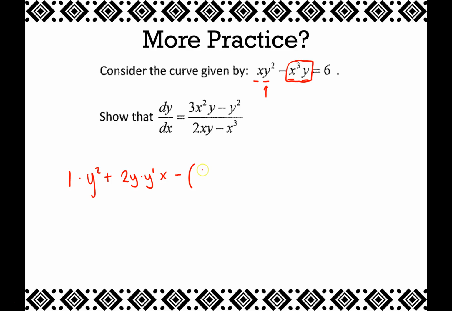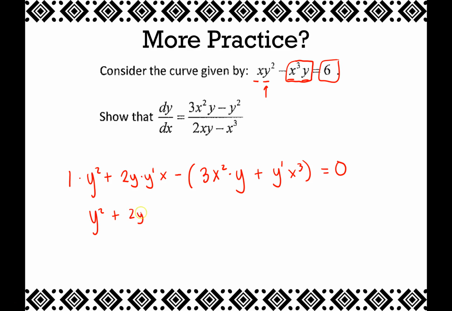Okay, derivative of x cubed is a 3x squared, okay, times the second, which is y, plus the derivative of the second, which is y prime, times x cubed. And that's going to be equal to 0, right? Derivative of 6 is 0. All right, let's go ahead and clean this up a little bit. We get y squared